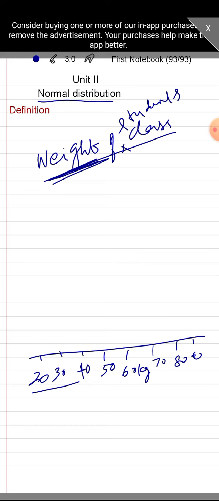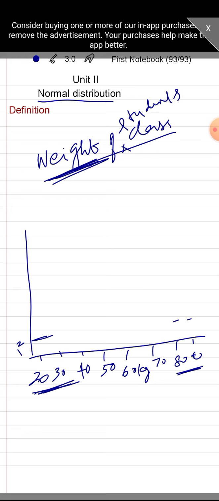Okay, so when I am taking the weight of the students, the number of students with weight 20 to 30 is always minimum. Okay, so it is obviously minimum. So I am going to consider our class only. So the weight of the students, the counting of 20 to 30 kgs, if you see the counting of students with that weight, it will be minimum. Okay, so it is minimum in the counting, maybe 2 or 3 only. Okay? So in the same way, when I am going to consider the weight of the students 80 to 90, it will obviously be minimum, maybe 1 or 2 only will occur.